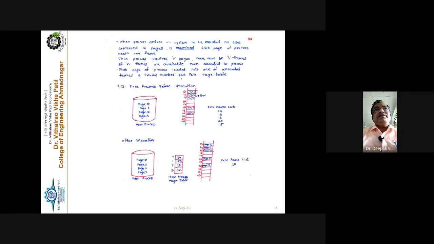The next point is that the operating system maintains the list of free frames. So before allocation of the process into the main memory, you will find here that initially 1, 2, 3, 4, 5 frames are currently free. And if we load this particular process, which requires 4 pages, 0, 1, 2, 3, depending upon this page table, these pages get loaded inside the frames. So only one frame remains free in this case, right?